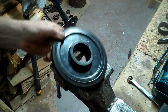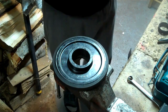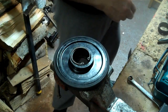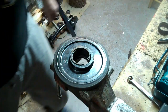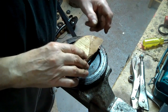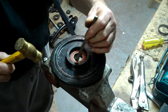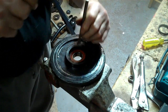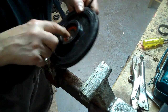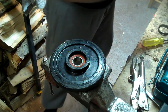Make sure that the split ring, this one there, goes in okay. You just check that now, and we'll see what happens. I just put that bearing on and just gave it a few smacks like that, and it went down flush with that right there. Then I just gave it a few taps on the side like that, and it went in. So all I've got to do now is put that circlip, that clip on right there, and